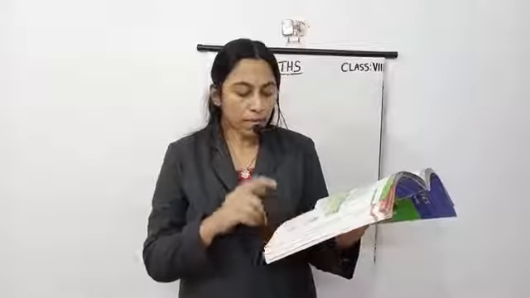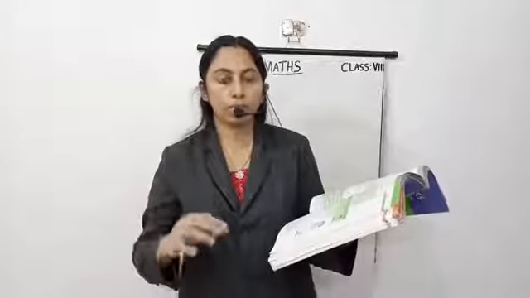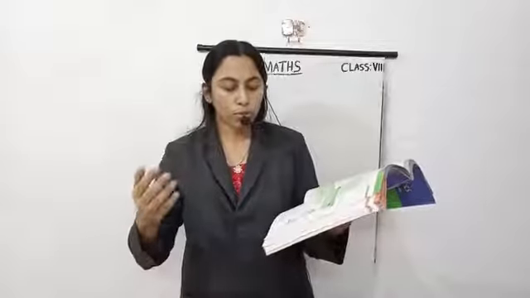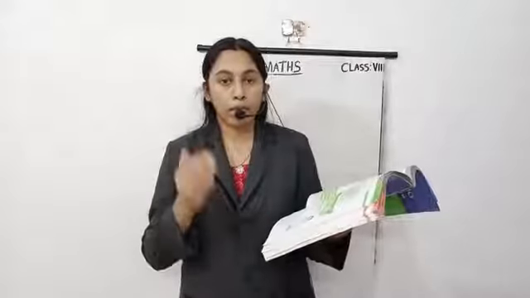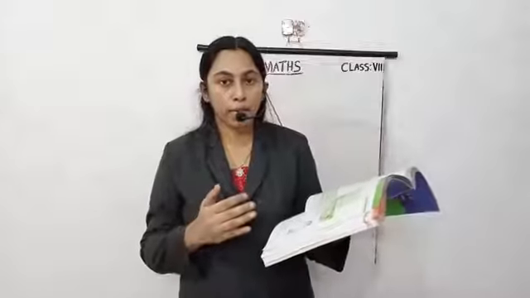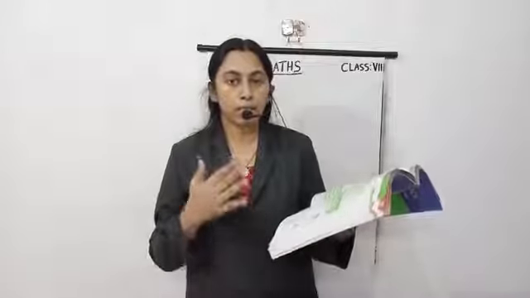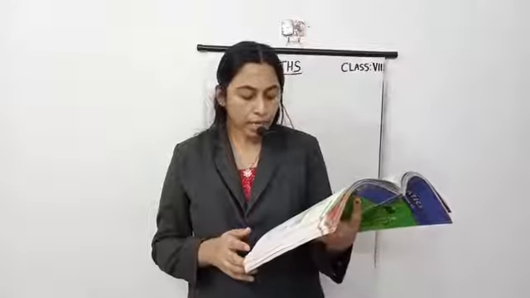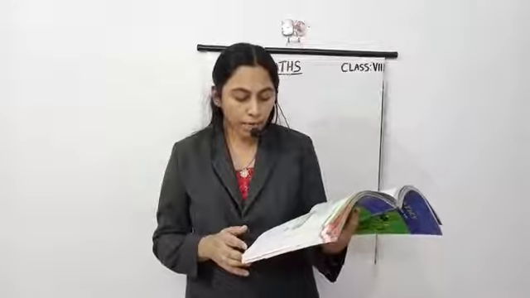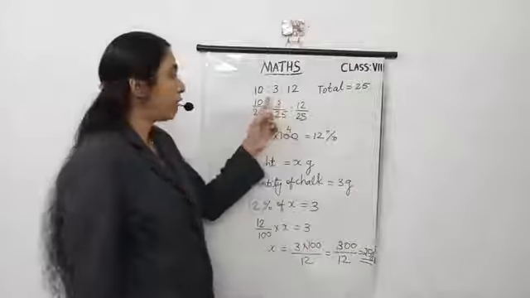Then the middle one represents carbon, because here it is given calcium, carbon, oxygen in the ratio 10:3:12. So we need to find the percentage of carbon. The middle one represents carbon. So we get the percentage of these three, and the middle percentage is for carbon. That is for homework. And question 2: if in a stick of chalk, carbon is 3 gram, what is the weight of the chalk stick? So question number 1 of 7 is this.